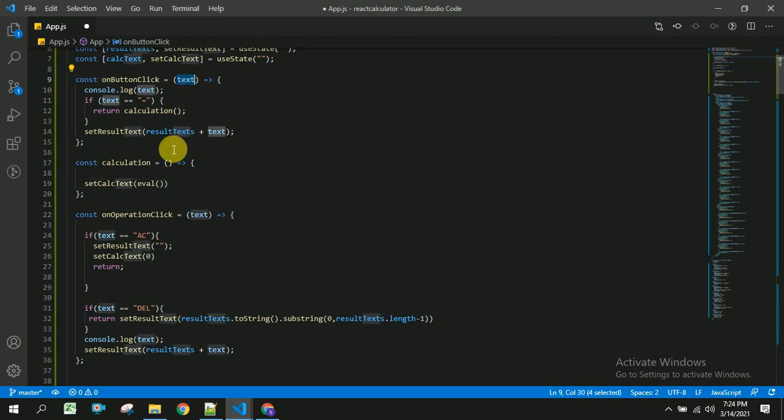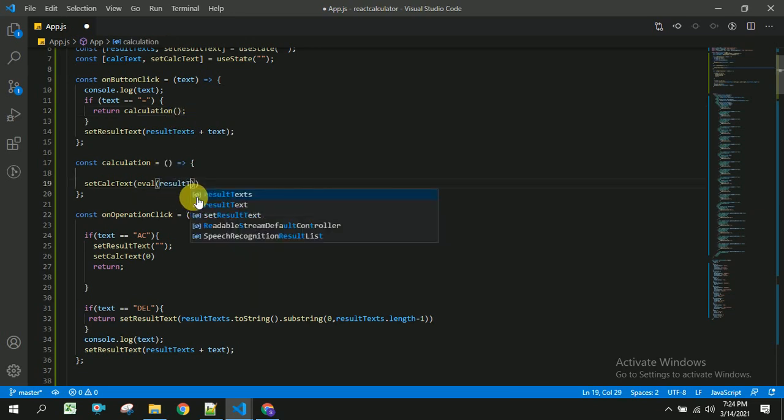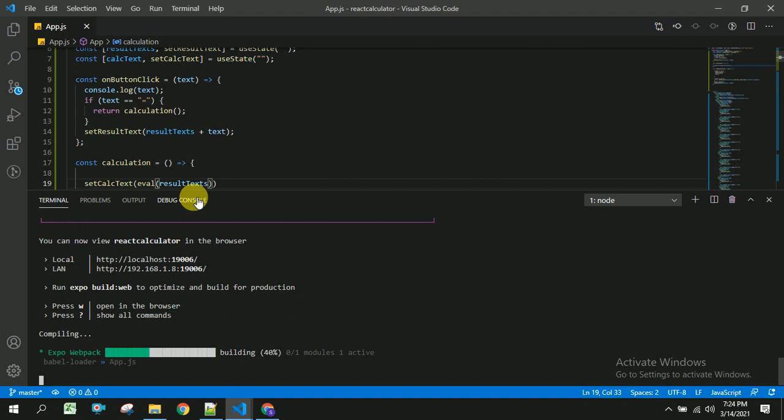Here we have to send this result text. Let us save this. Now we should be able to calculate all the values.